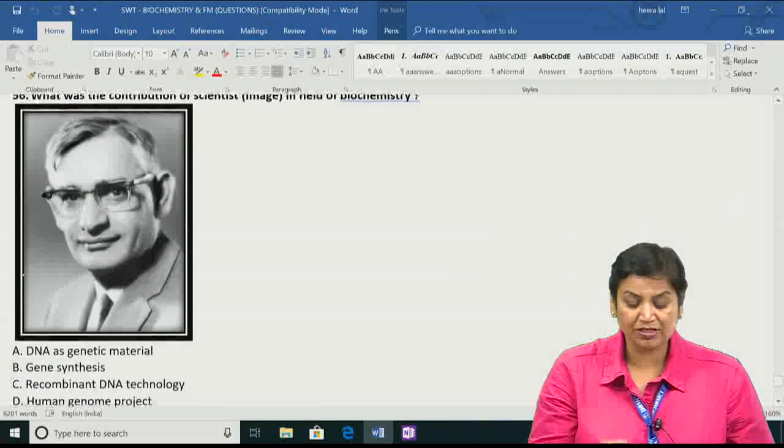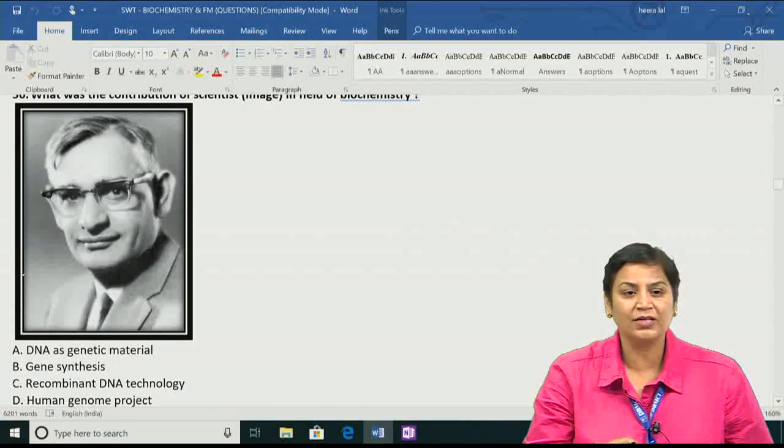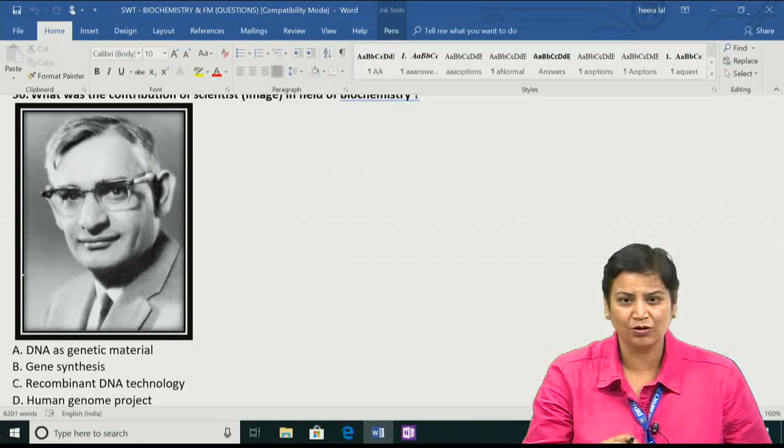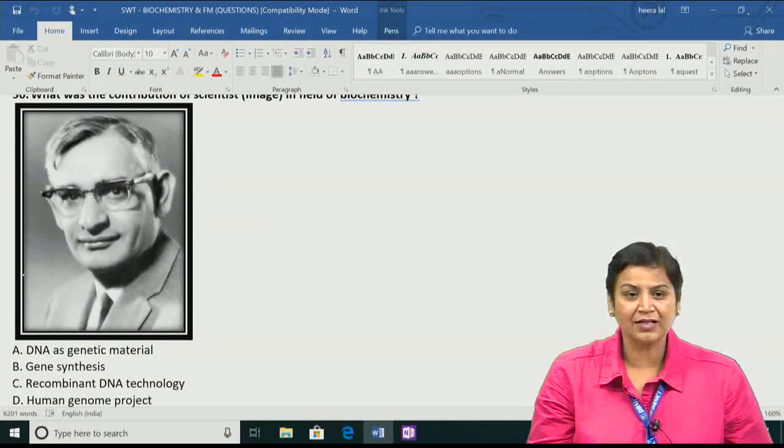Question number 56, what is the contribution of this scientist? Now you can see this is Har Gobind Khorana. And all of you know Har Gobind Khorana has a big name in genetics. He got a Nobel Prize also, he was from India. And he was the one who gave the concept of the genetic code. He has played a very important role in the genetic code. So the answer would be